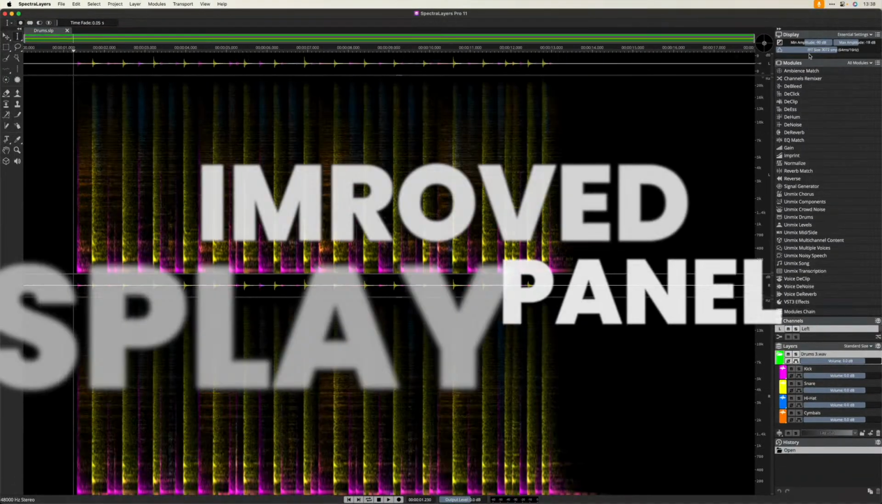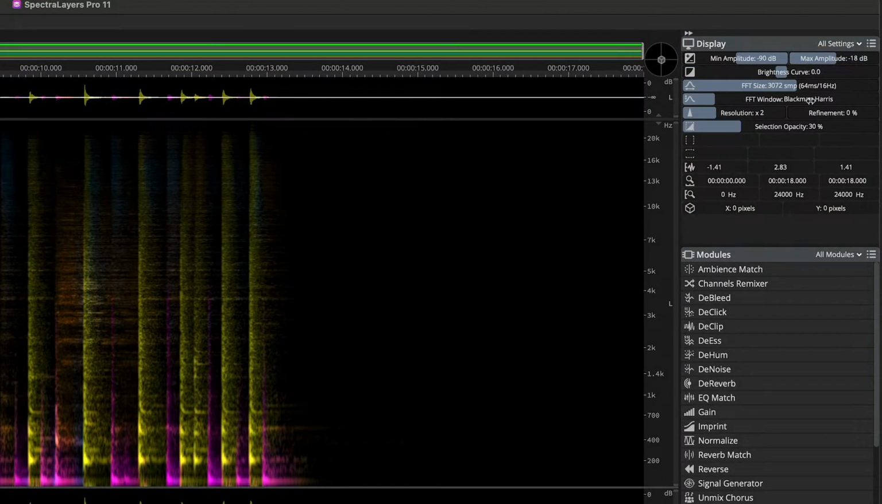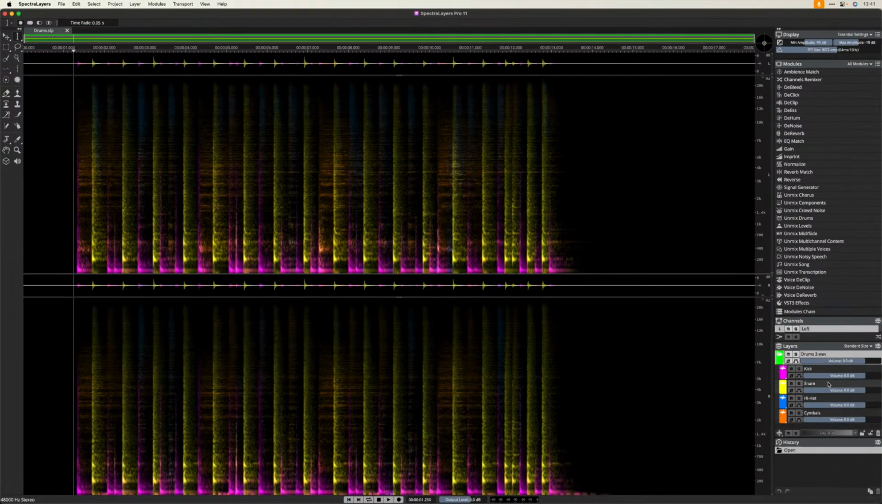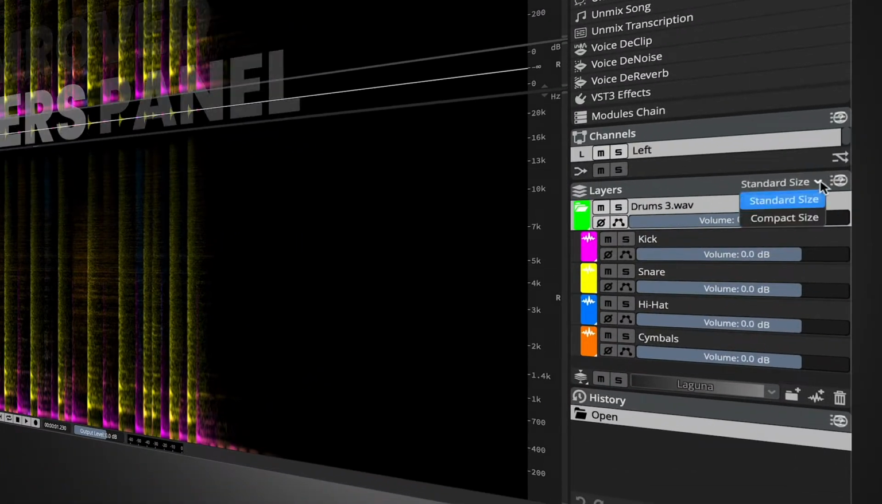We also have a new improved display panel. The display panel now features a filter at the top to quickly switch between essential settings, all settings, and custom filters, just like the modules panel. You can display a custom selection of settings using the top right menu next to the filter and add your own settings filters. We also have an improved layers panel where you can quickly switch between standard size and compact